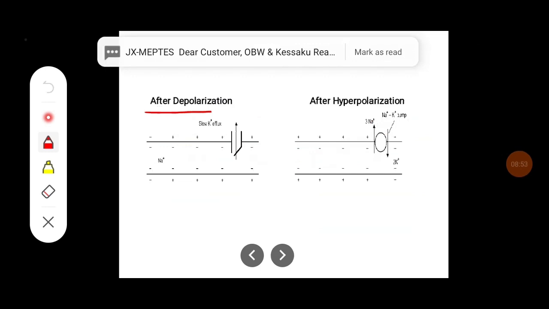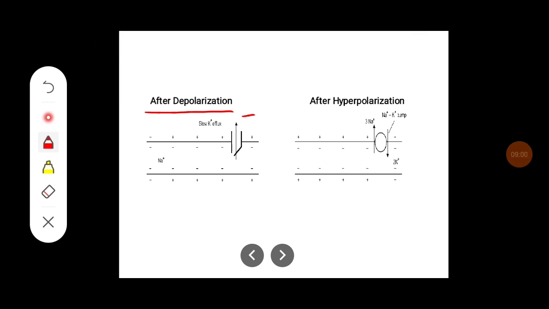So this is the ionic basis of after depolarization. It mainly occurs because of the increased potassium levels outside, so the potassium efflux is delayed, and that is why the repolarization process is delayed in this part. And hyperpolarization occurs because of the delayed closure of the potassium channels, and the membrane potential goes beyond the resting membrane potential, and then it is recovered by